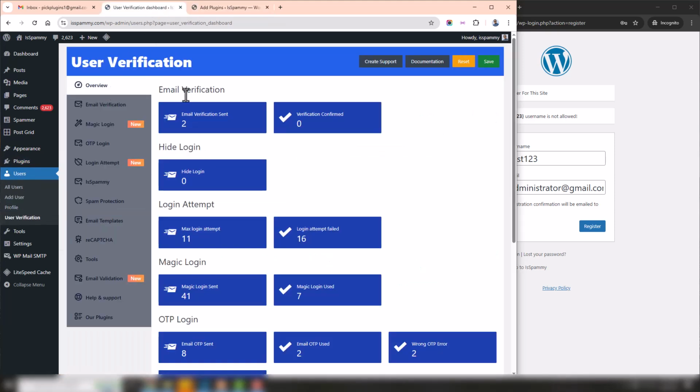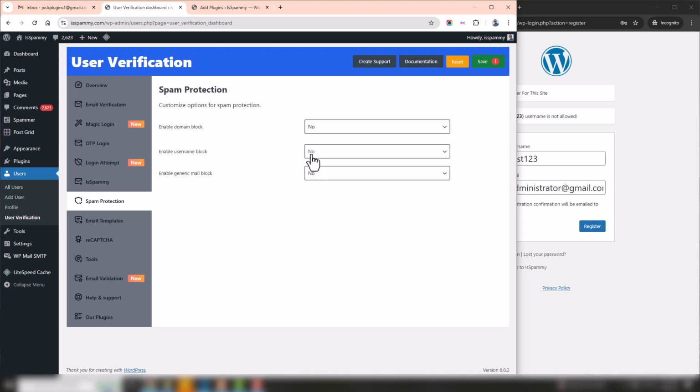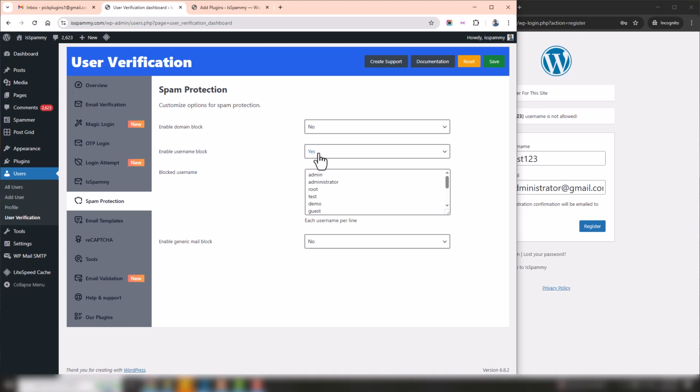So we are on the User Verification dashboard. This plugin is super useful for spam protection, email verification, magic login, audit login, reCAPTCHA, and email validation. We are not going to explore all these features. Let's focus on spam protection, enable username blocking. You can enable or disable this feature. Simply set it to yes to enable, and you'll see the options for block username. You can put a username list into the list field,